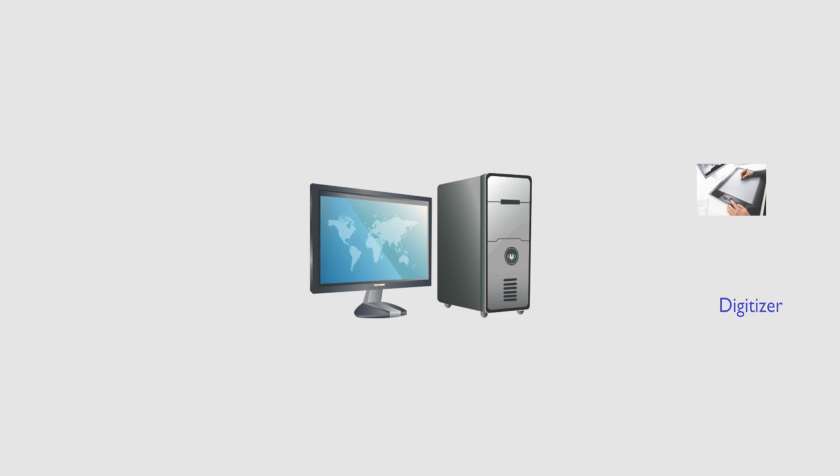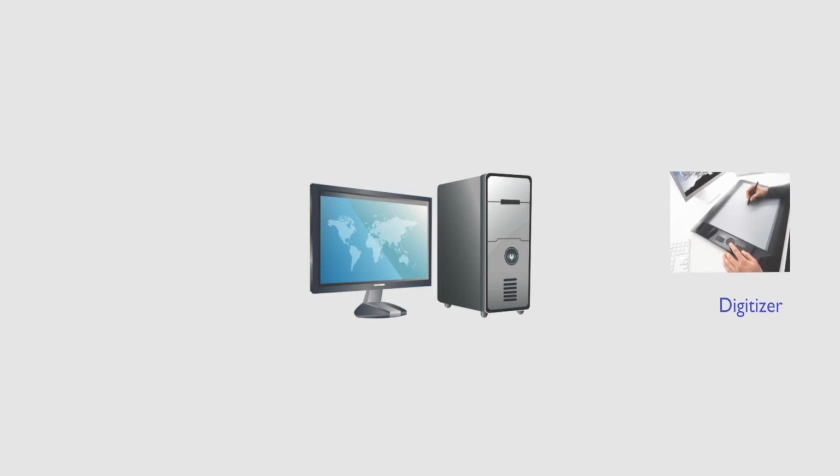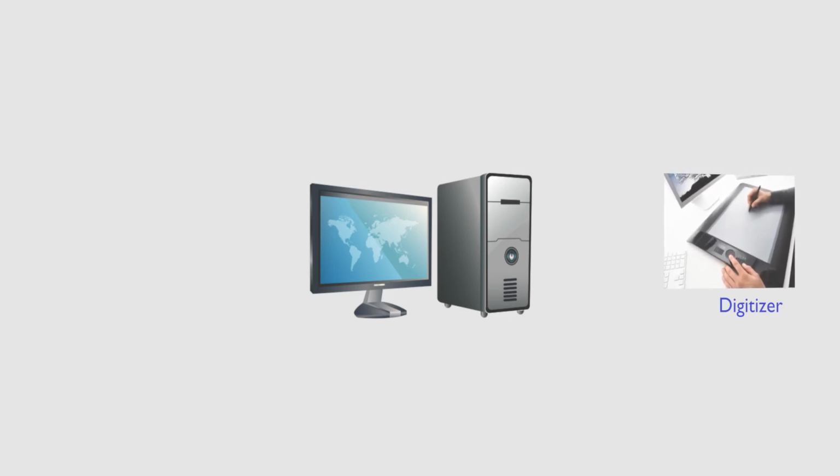Digitizer. Digitizer is an input device which converts analog information into digital form. Digitizers can convert a signal from televisions or cameras into digital forms that can be stored in a computer. Digitizer is also known as tablets or graphics tablets as it converts graphics and pictorial data into binary inputs. Graphics tablets as digitizers are used for fine drawing work and image manipulation applications.